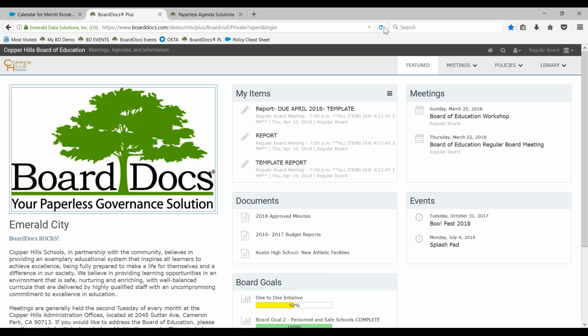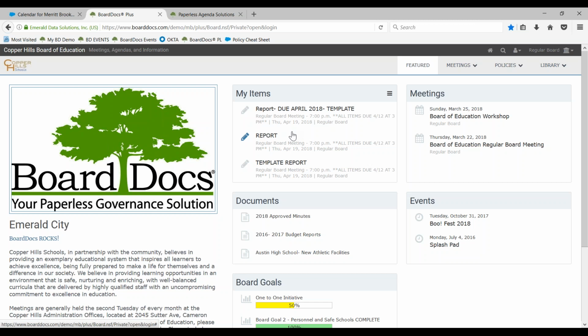So here are a couple of things I do want to point out right from our initial featured page or our dashboard here, where we can access different topics and different information that we have featured. Right here, front and center, is a box called My Items. Now, not everybody is seeing this box here. It is only visible to me, based on my username and password, because these are my items that I have within